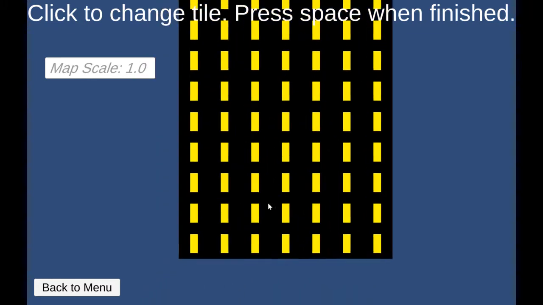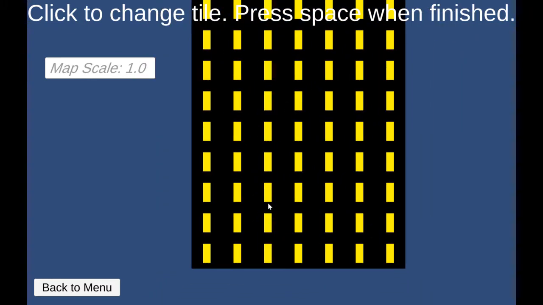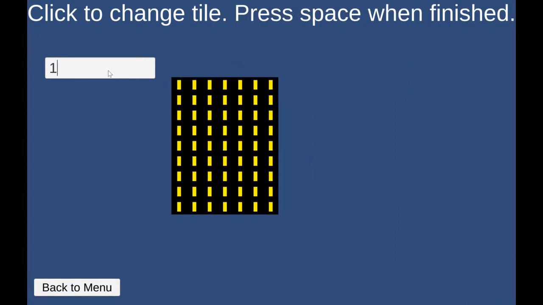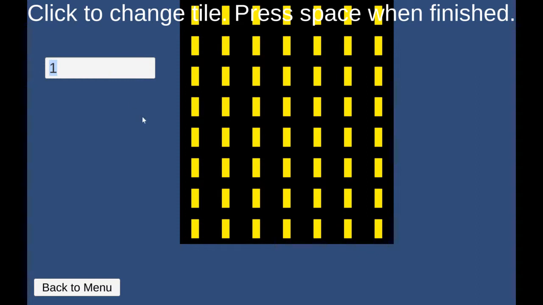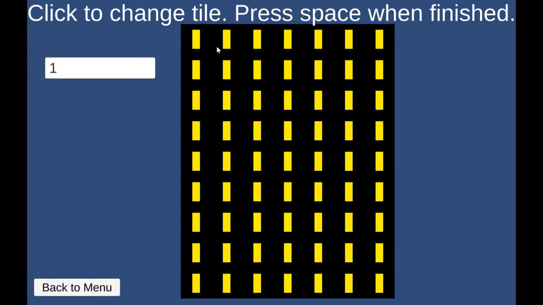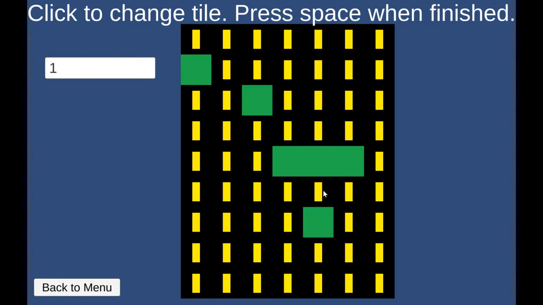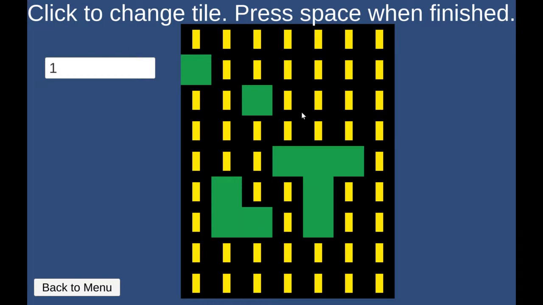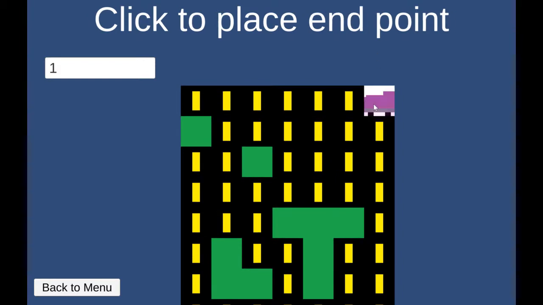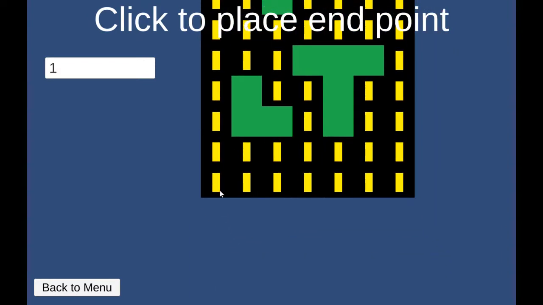And we can move the map around like this. We can rescale it and scale it back. And then, for the custom map, you can click to set tiles, and then you press space when you're finished. Now we can click on our start point and our end point,